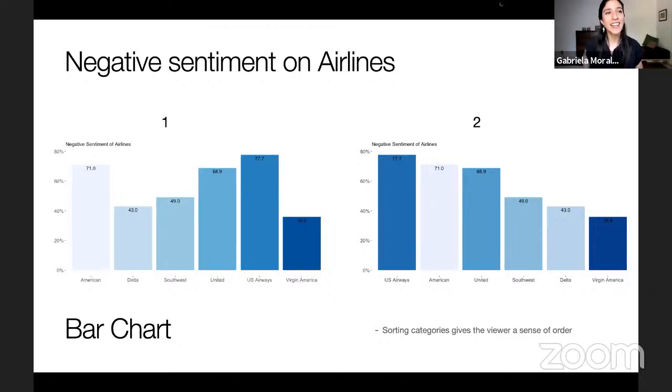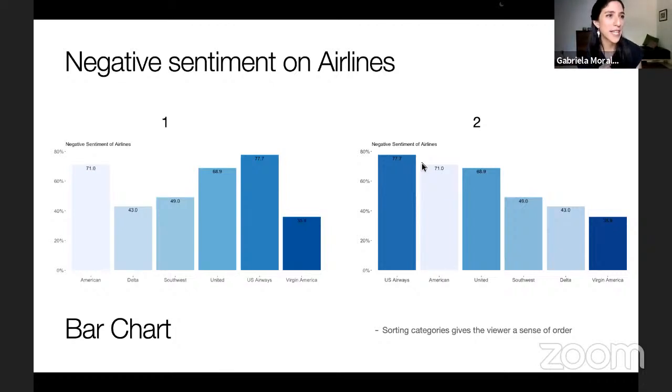Yeah, and I think a lot of the people joining today have this OCD. You like order. Yes, as humans, I think most of us just like clean lines and ordered arrangement, and that helps you to make a comparison between the endpoints of each column and see which one of the airlines has the most and which one has the least. So having an order is pretty nice. You can actually tell, like, is this difference bigger than this difference? So you can compare very meticulously each one of the columns.